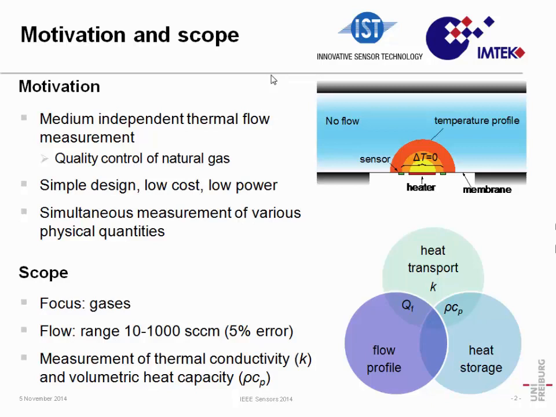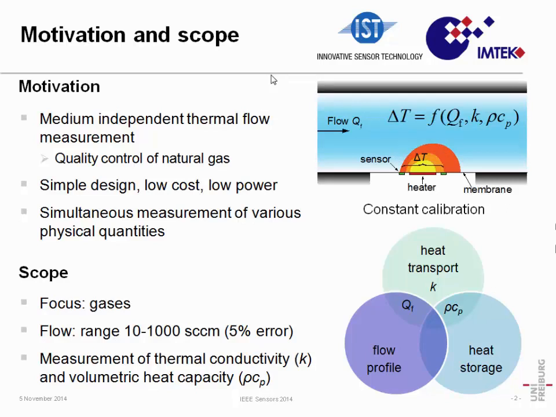Why calorimetric flow sensors? Because they're usually simple to fabricate, and they're cheap. The way they work is you have a heater that is, let's say in this case, in the wall of a channel, and then you have two additional temperature sensors, one before and one after. As soon as a flow loads up, the temperature profile shifts, creating a temperature difference between the temperature sensors